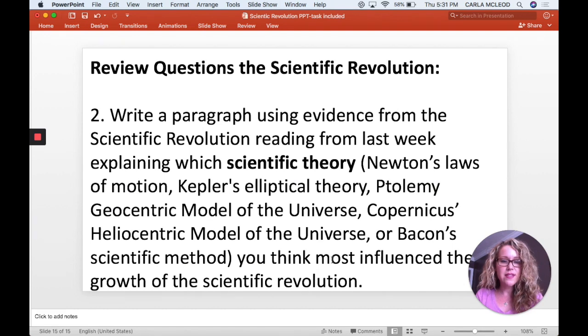The second thing says to write a paragraph using evidence from the scientific revolution reading from last week, explaining which scientific theory you think most influenced the growth of the scientific revolution. And you can think about all the theories you learned about in the text and on your foldable, and once again, using the evidence from the text, tell us which one you think is the most